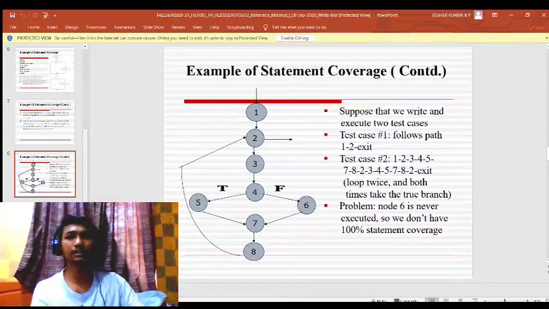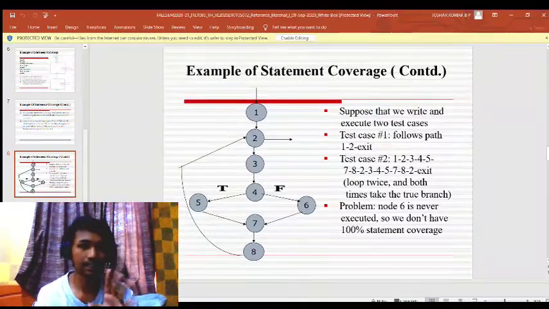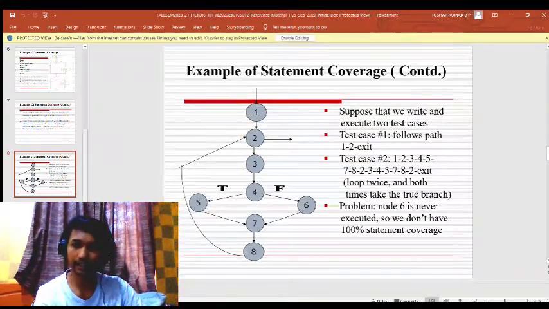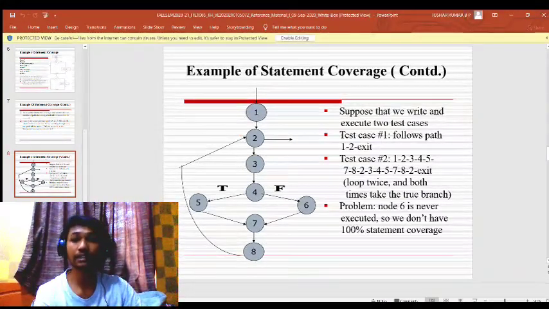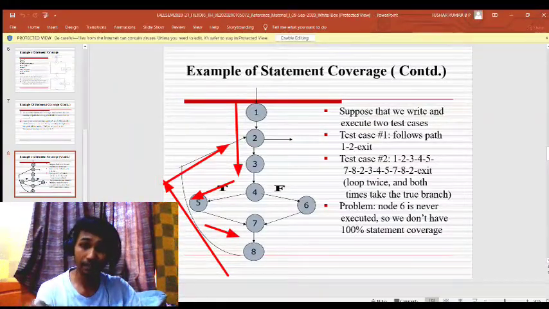Here you can see another example. How many nodes are there? 1, 2, 3, 4, 5, 6, 7 and 8. Here they have taken two test cases. Let's see what those are. Test case 1: 1, 2 and exit. The code executes here and doesn't go further. Test case 2: it took this path 1, 2, 3, 4, 5, 7, 8 and came back to 2.